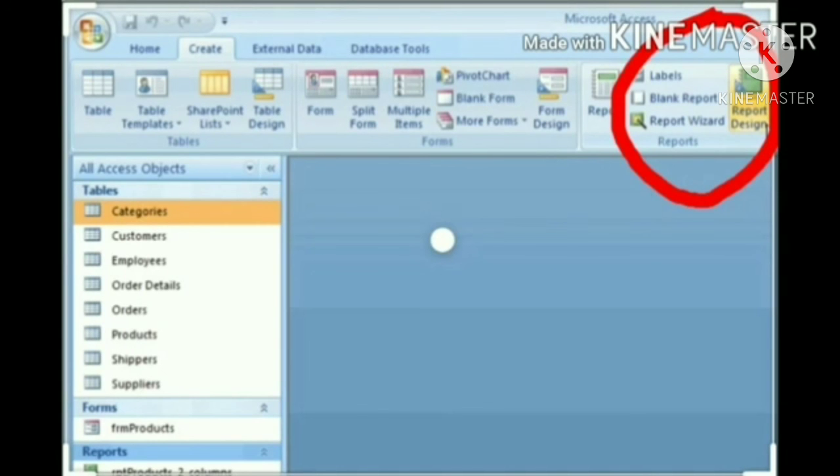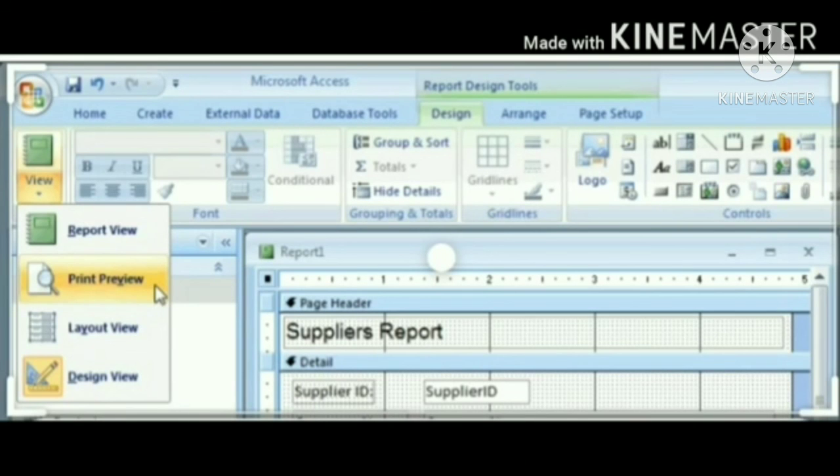We may set margins to the page containing the report. Under the Page Layout group, we may set portrait or landscape view for the report. Below is an example of the report of a table. To check how the report will look when printed, go to Print Preview in the Views group of the Design tab.